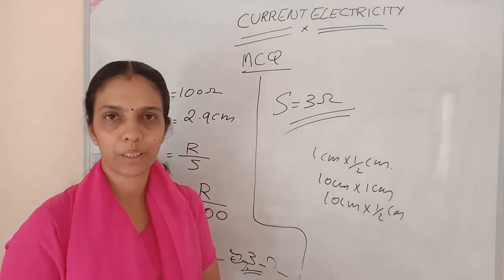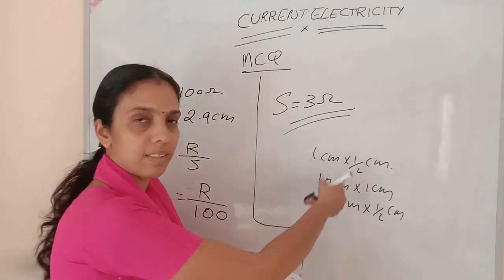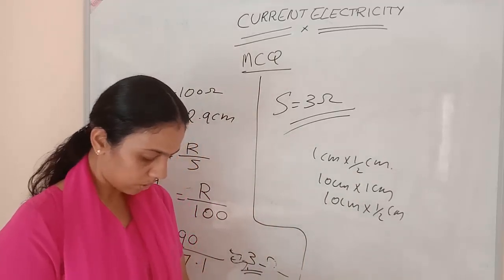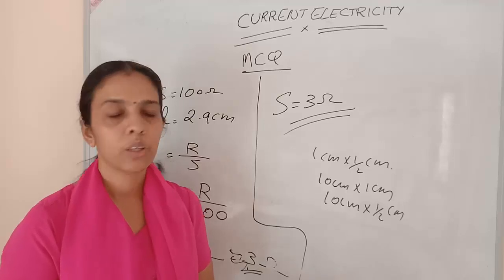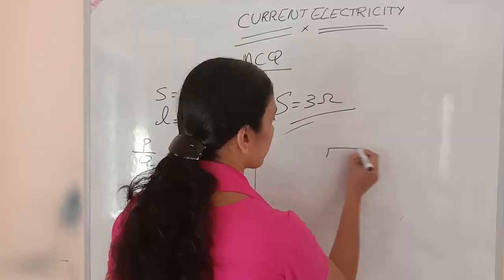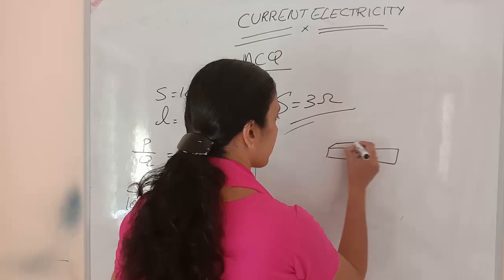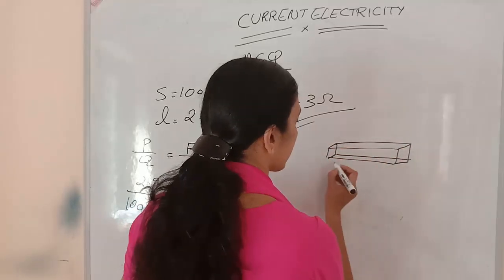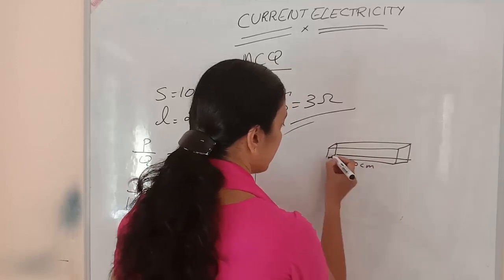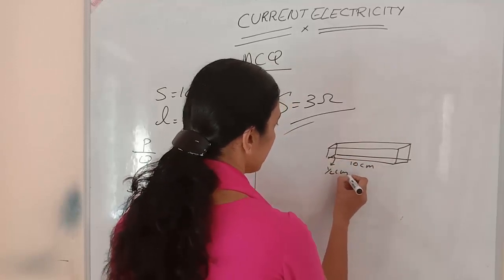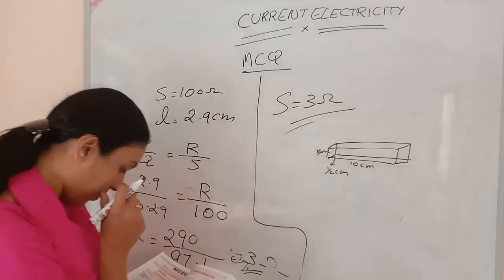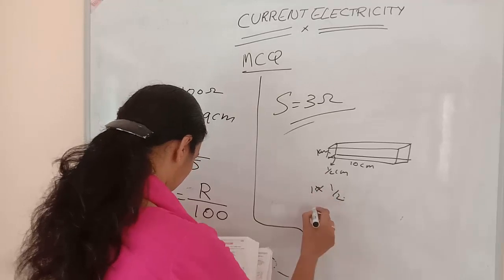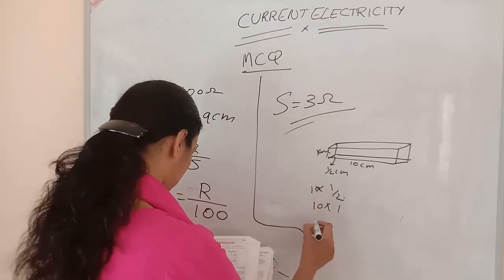That one anyway won't be the same, right? It won't be the same because the resistance length is varying. So here we should find out the resistance for the same set of wire. Here it is 10 centimeter, here it is half centimeter, here it is 1 centimeter. So we should find out the resistance across 1 cross half, and 10 cross 10 by 1 and 10